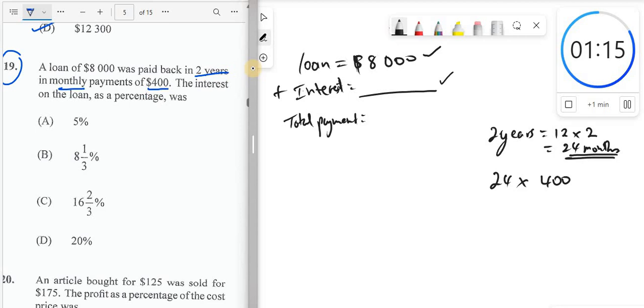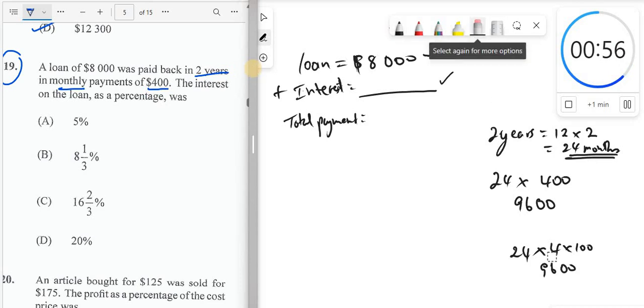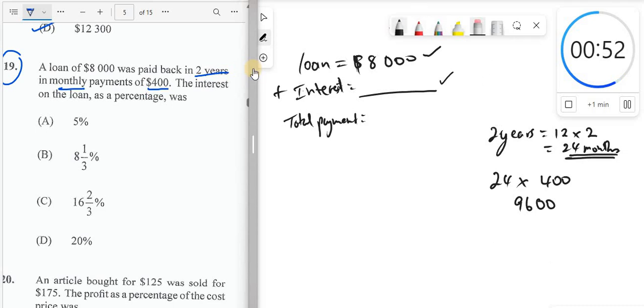4 times 24, that's 96. So that's 9600, okay? Remember, 400 can be written as 4 times 100, right? That's 400 multiplied by 24. So you're saying 4 times 24, which is 96, times 100, 9600, in other words. Just a little break down for you. Okay, so yes, this will be the total payments over that 2-year period,